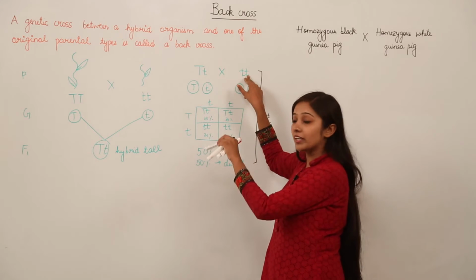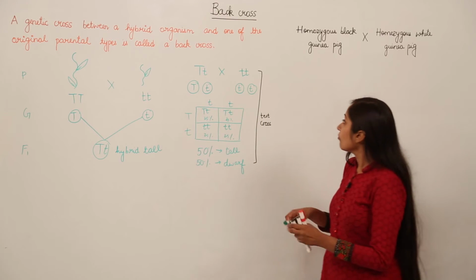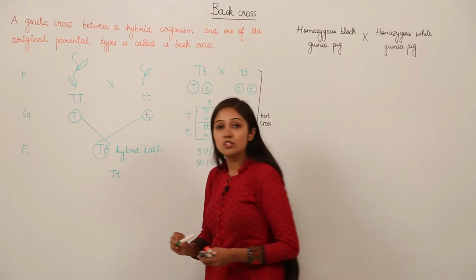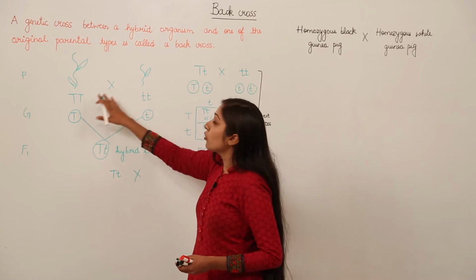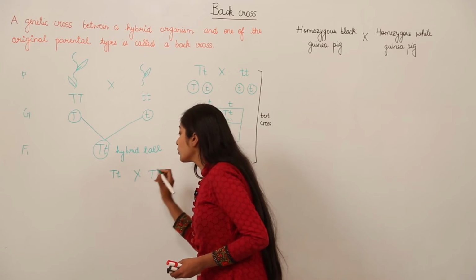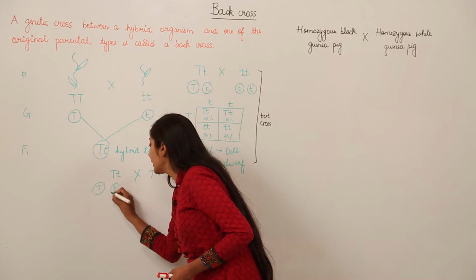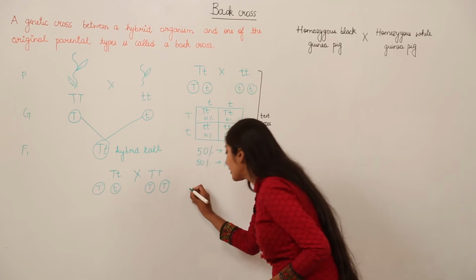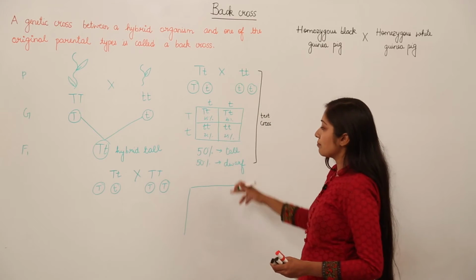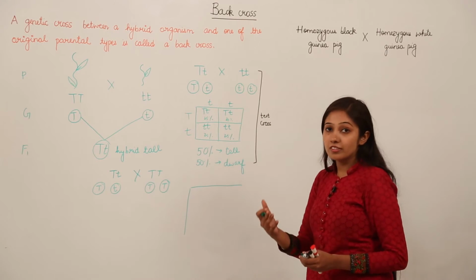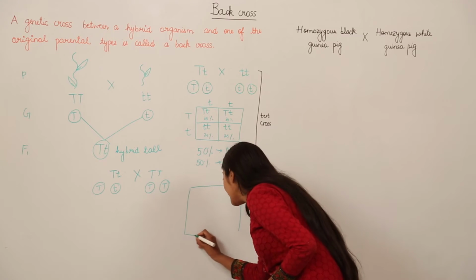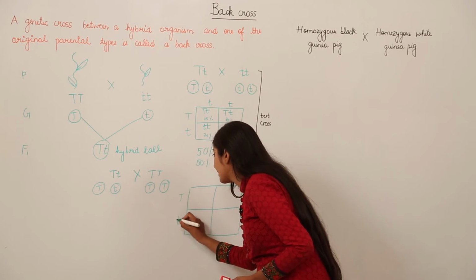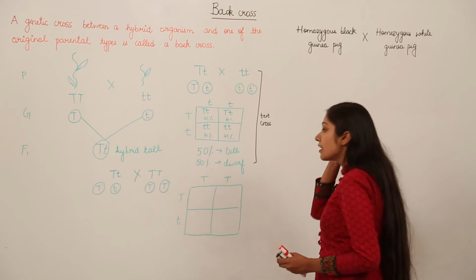Okay. So let us determine what is going to happen when we have not a recessive one and we have a dominant one. Let's work on that cross also. So if we have a hybrid tall pea plant, as you know, and we are going to cross it with purely dominant pea plant, what are going to be the gametes? We will have this combination. Okay, let's work on its Punnett square. I'll make a Punnett square here just for the sake of comparison, because this is going to show some very good results that are going to be interpreted now. Okay, so we have these gametes this side and these gametes this side. So what is going to happen?